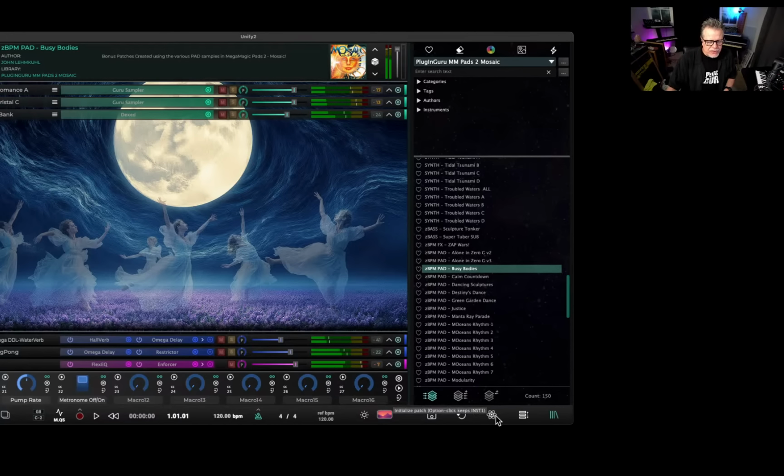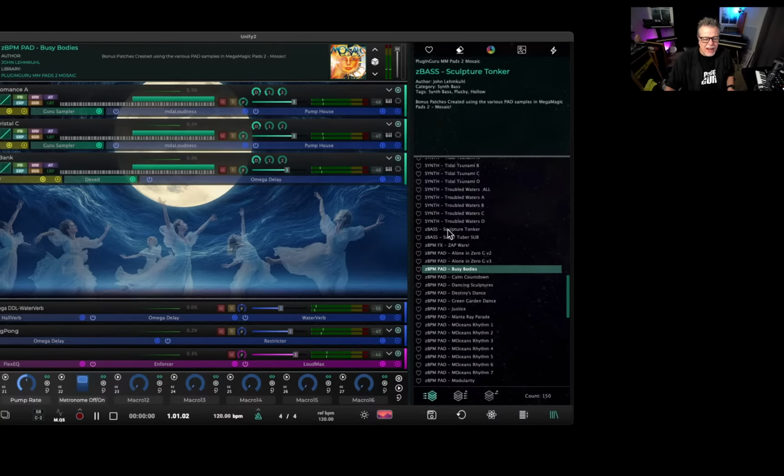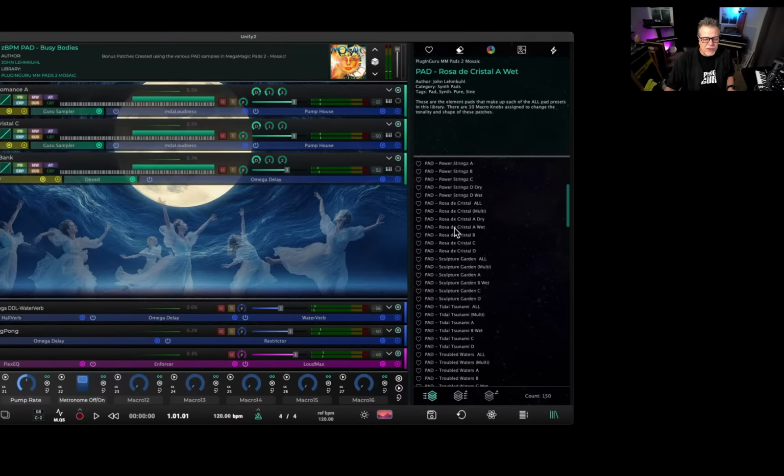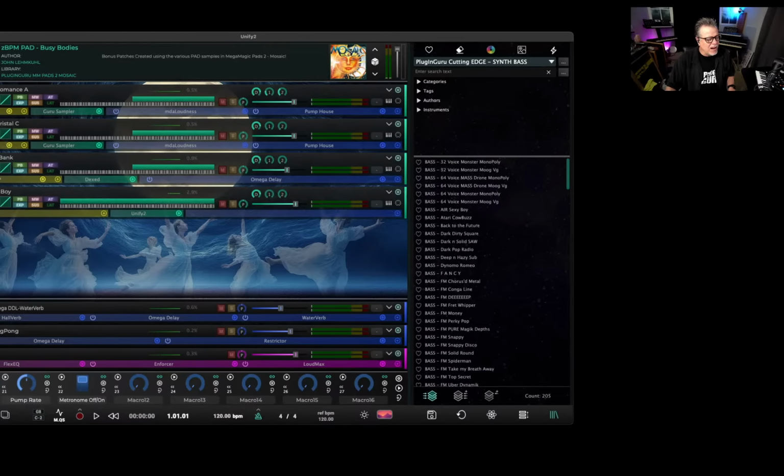And the way I would use these, even if these are like this, three layers, just right here's your high note and low note for the range. If you right click on the low note, you can play C, which will cut the bottom half of the keyboard off. So I could then go up here to basses, or I could go to some other library. I could go to MegaMagic Synth Bass, and something really cool. Let's say Sexy Boy just for fun, and add that to Unify layer. Now what you want to do then is take this one and right click on the top note and then say B. So that way I have